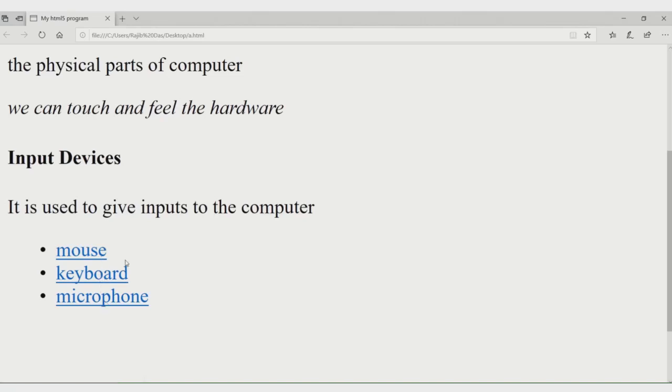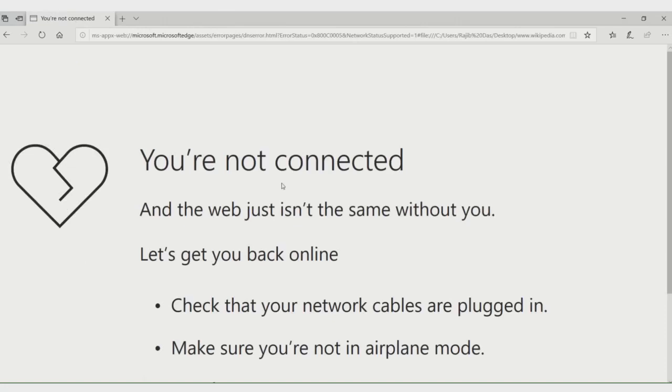See, when we click on the mouse, the internet is not connected, that's why this page is not displayed, because the internet is not connected here.